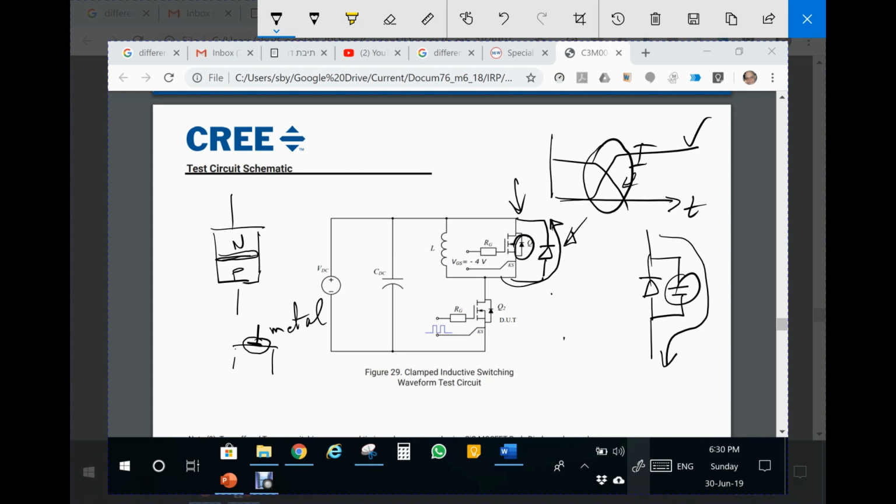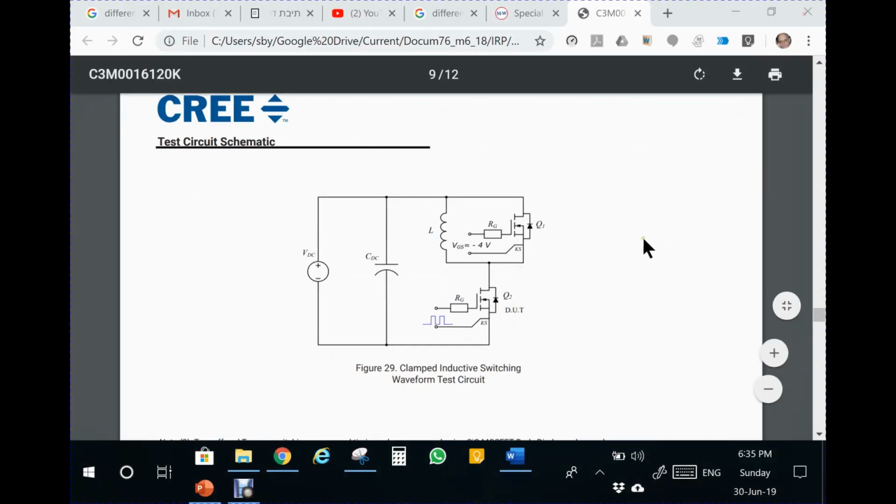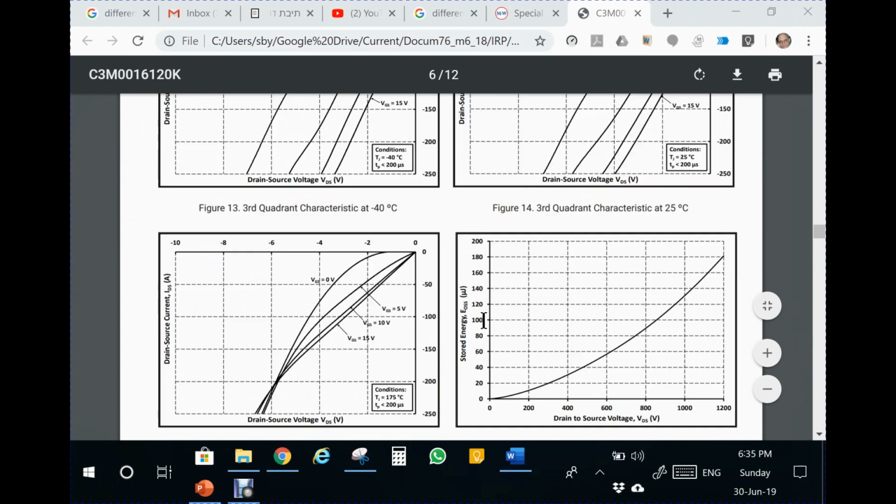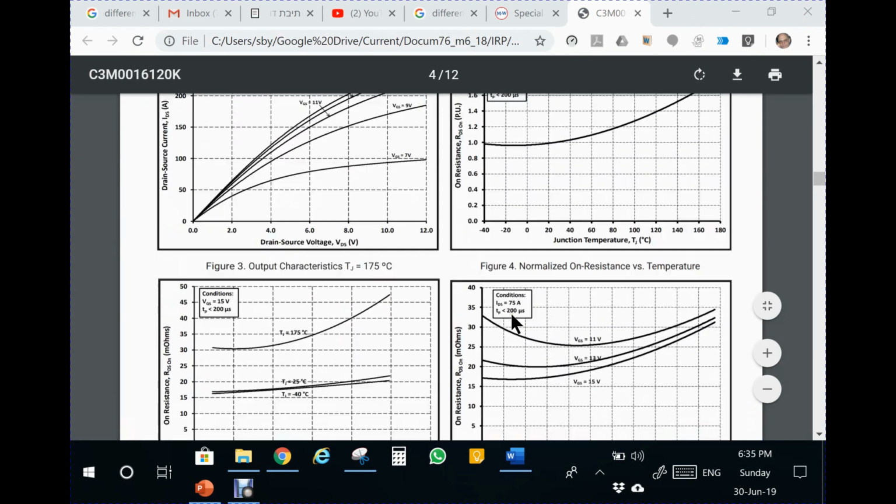It's not a stored energy, it's more like a charge of a capacitor. So it's not negligible. You can't say that there is no reverse current, but the reverse current is of a different nature. So let's go back now to the data sheet and have a look at the